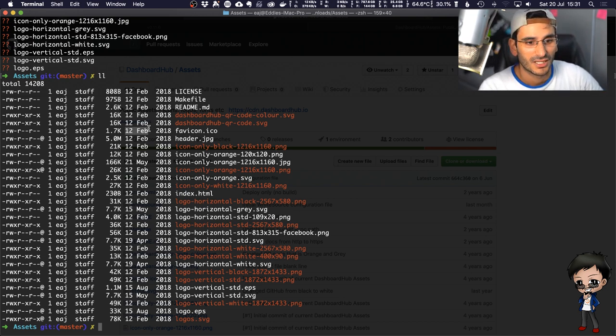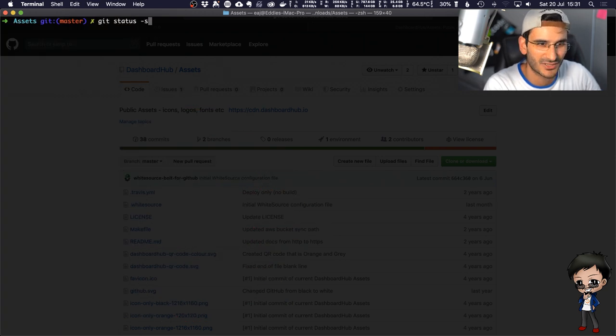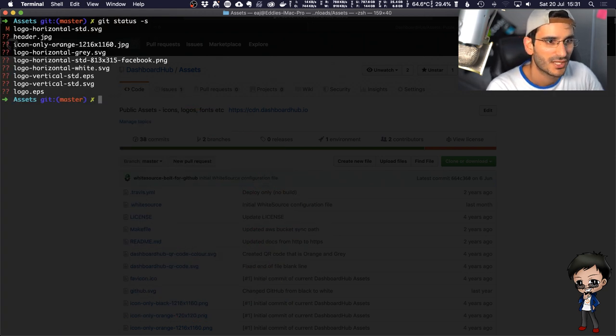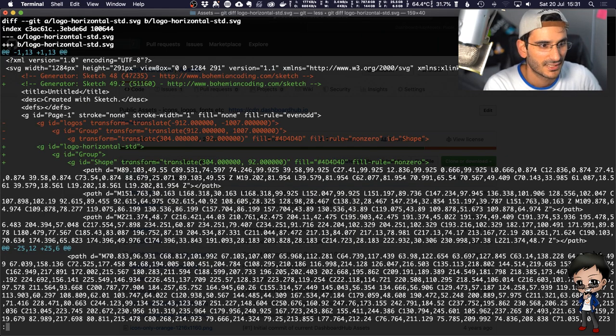So what do I do? Do I commit it? Do I change it? Let's have a look and see what it was. So let's just clear that again. And let's do a git status and have a look if I want these files. So the SVG has changed. You can do a diff on the SVG, but I'm guessing it's going to look pretty awful. But let's just have a look, see if anything obvious stands out. And let's see. Doesn't look anything too...